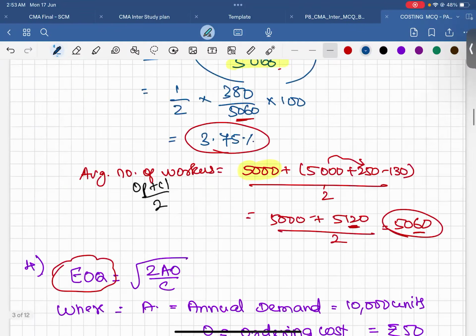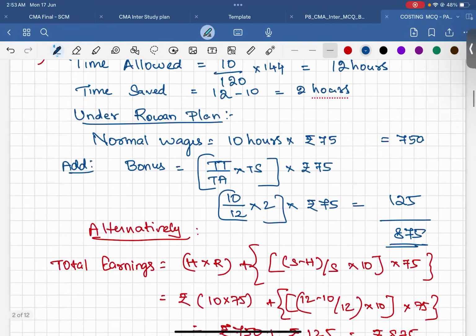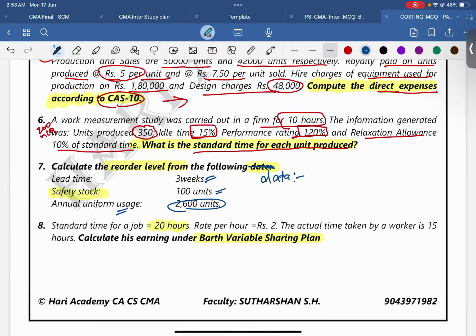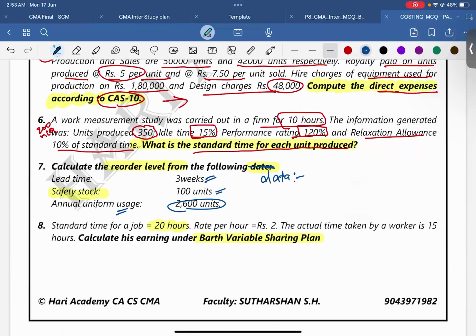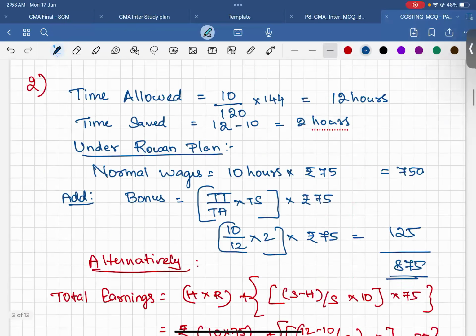The standard time for a job is 20 hours, and the rate is 2 per hour. The actual time taken by a worker is 15 hours. Calculate his earnings under the Barth variable sharing plan. Many of them are not aware of this plan. It is in your study material only, guys. So we'll go with Barth